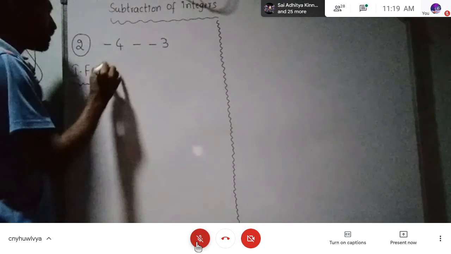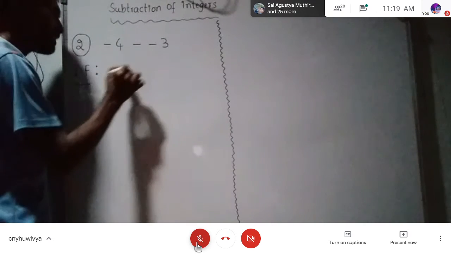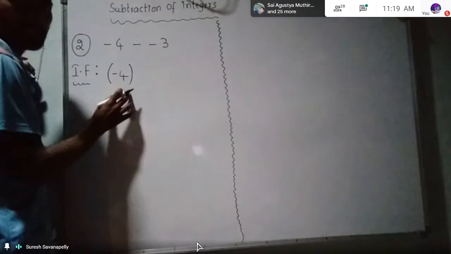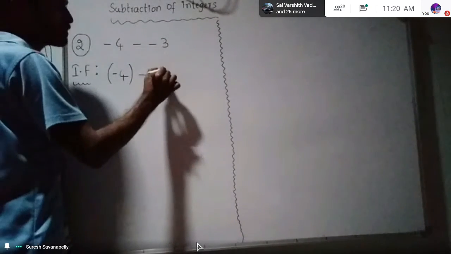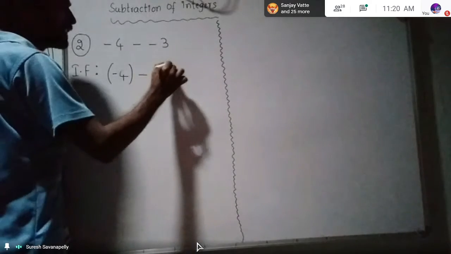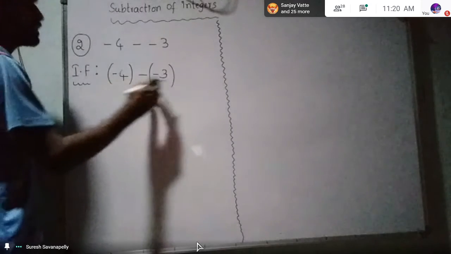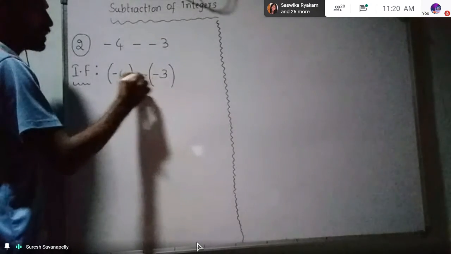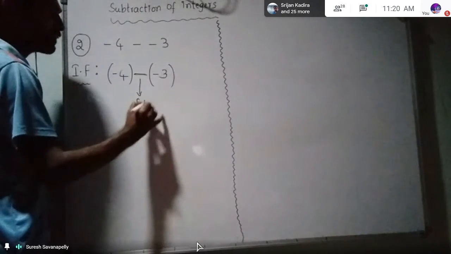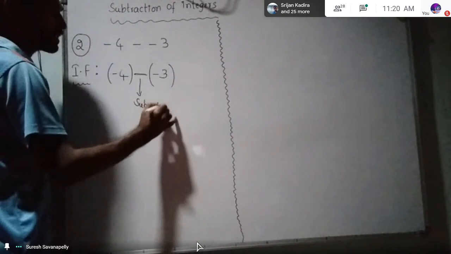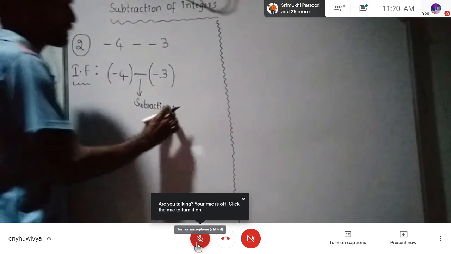First, what we need to write, you need to write the integer format. Integer format means number, next sign, next bracket. Completed. Next minus, that is an operator. Next number, sign and bracket. So done. This is a negative integer. This is subtraction. Whenever subtraction comes, the definition of subtraction needs to pop up in our mind. What is the definition of subtraction?